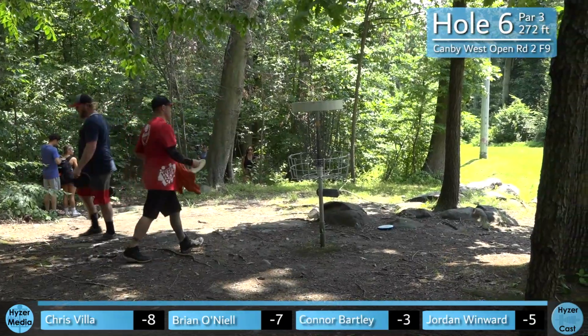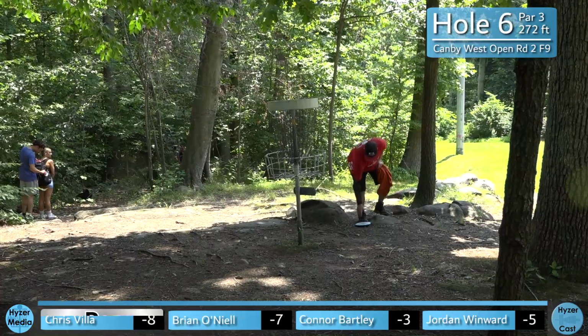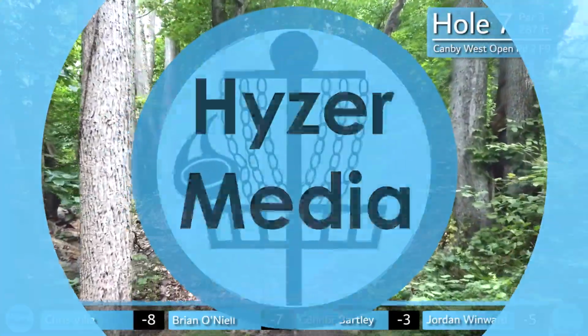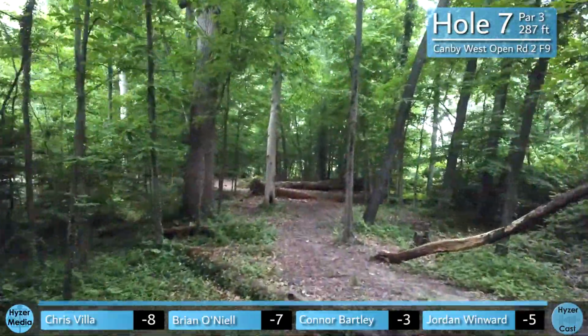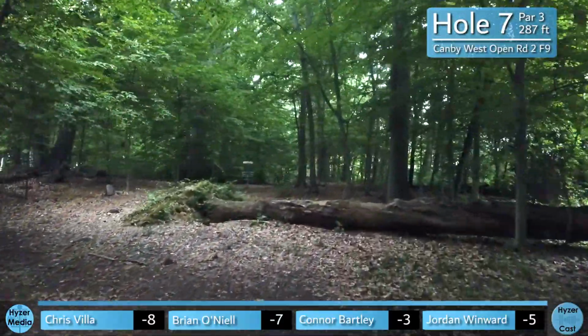So, a bit of a slow start for these guys. This is playing as a fairly hard course today, some hot conditions, but earlier in the day there was some high scoring, especially by Chris and Brian. So let's see if these guys can kick it into gear as we move over to hole 7, par 3,